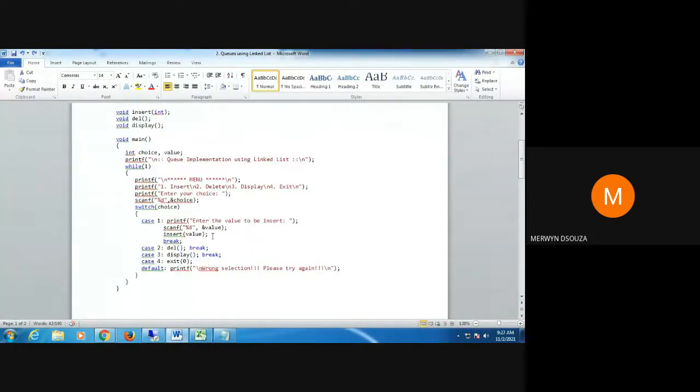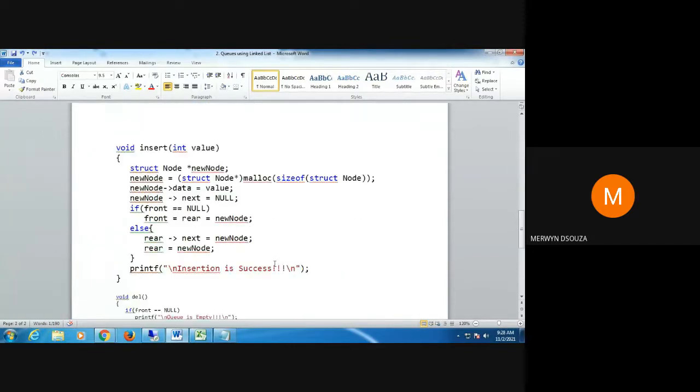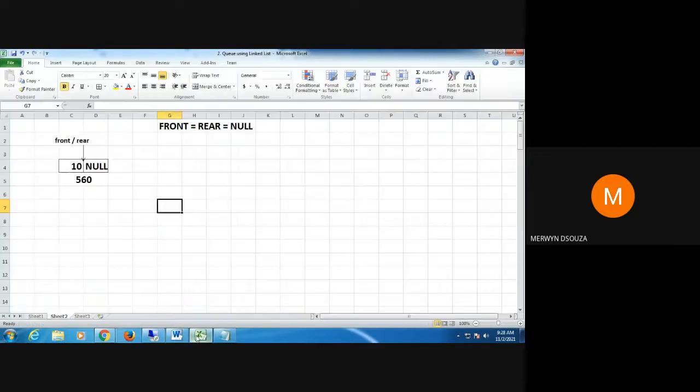So again, this is a continuous loop. Again, I put the choice as 1 and I insert, say, a new value 20. Okay, and I call this function insert again. What will happen? Again, I will allocate memory for a new node. Let me create that new node now.